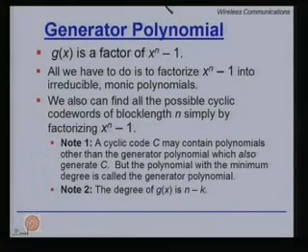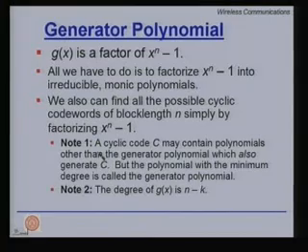So, recapping from last time, we realize that the generator polynomial G(x) must be a factor of x^n minus 1 for a cyclic code. Here this n represents the block length. So, if I have to find out the generator polynomial for a cyclic code of block length 7, all I have to do is take x^7 minus 1 and factorize it. All of the factors have the potential to generate a cyclic code. In fact, this is one way to come up with all possible cyclic codes of a block length n.